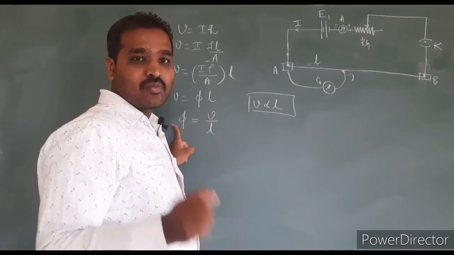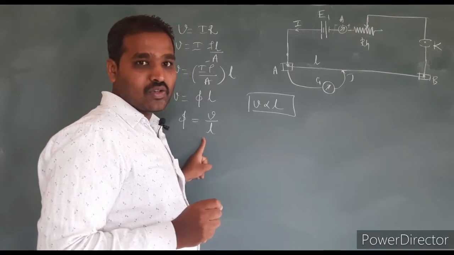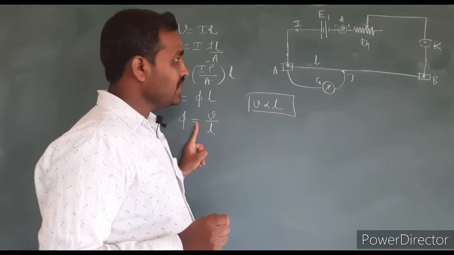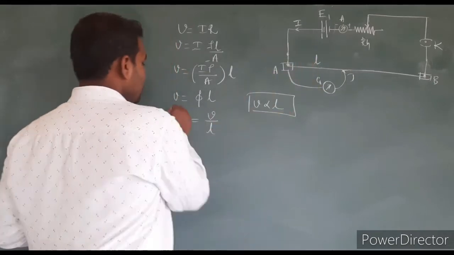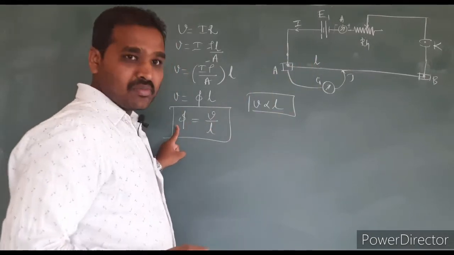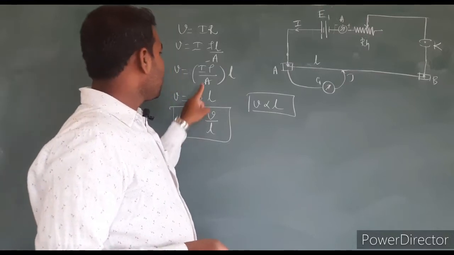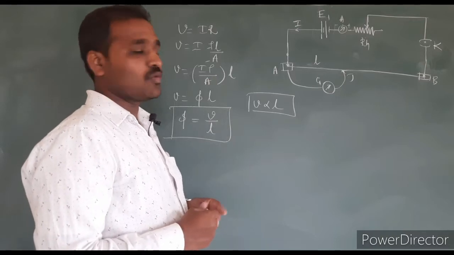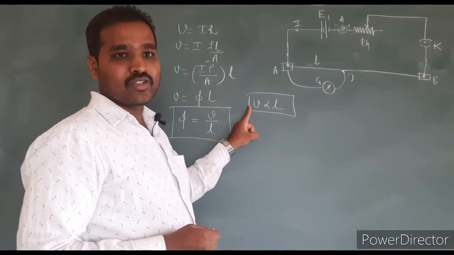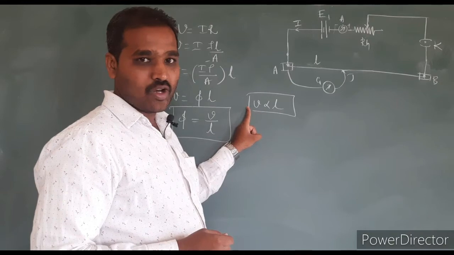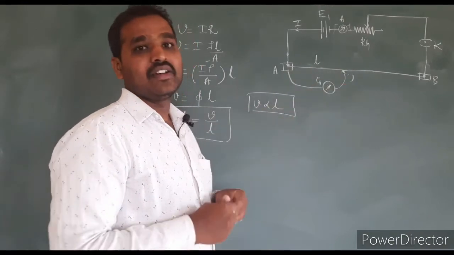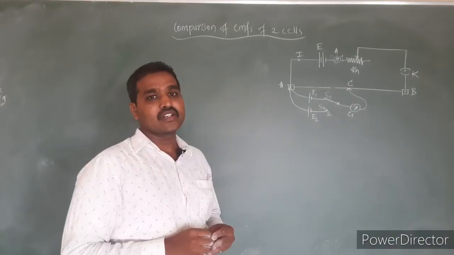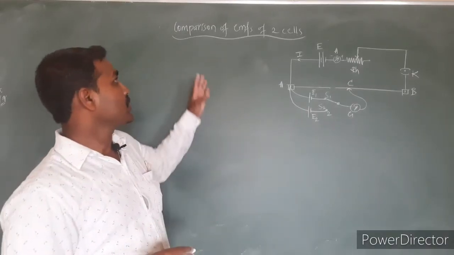This phi is called potential drop per unit length of the wire, or it is also called the potential gradient. For the given potentiometer, this term remains constant, which can be obtained by substituting these values. Yes, potentiometer works on this principle that the potential drop across any part of the wire is directly proportional to the length of the wire. Next we shall learn the applications of potentiometer.